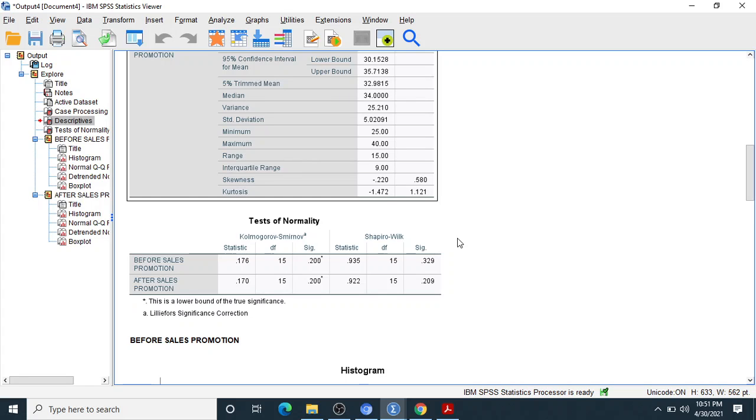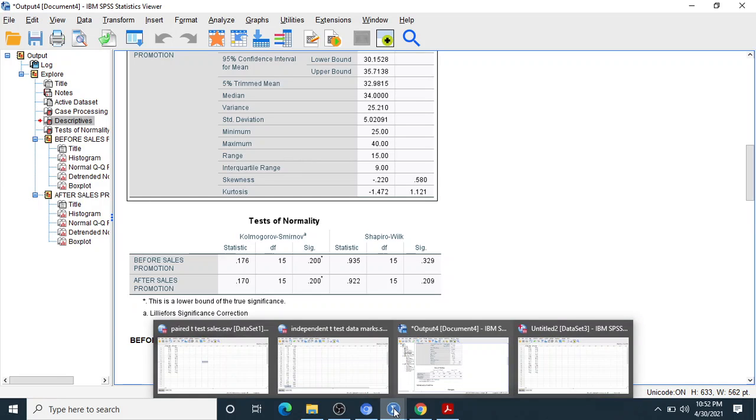If the value is more than 0.05, it means it is fulfilling these assumptions; if it is less, then it cannot fulfill them. But in both cases, before sales promotion and after sales promotion, our value is more than 0.05. It means the normality test is okay, so we get the desirable result.